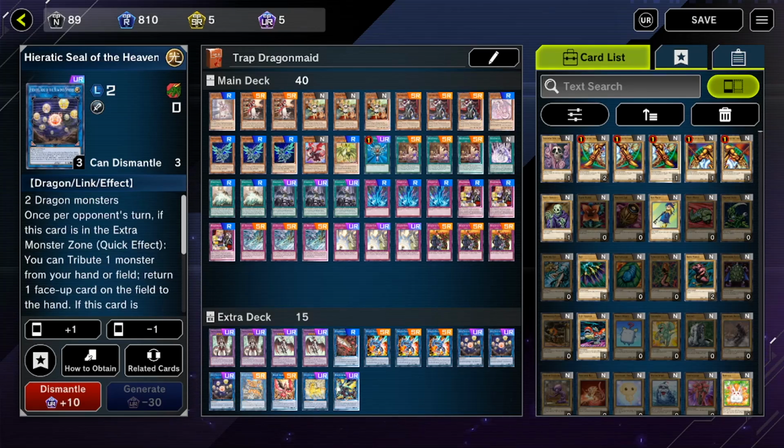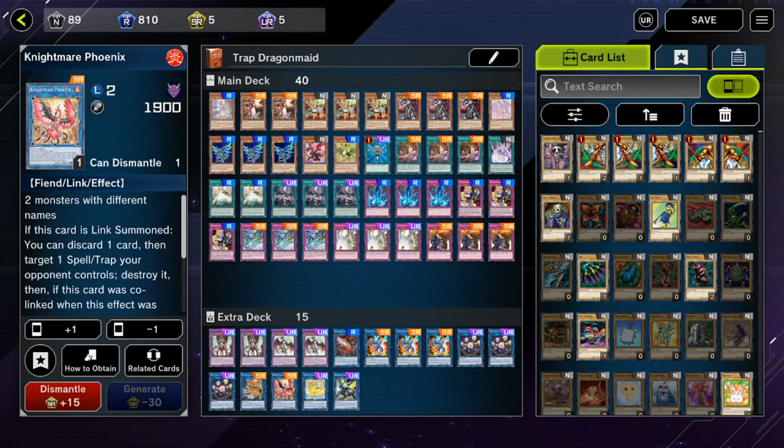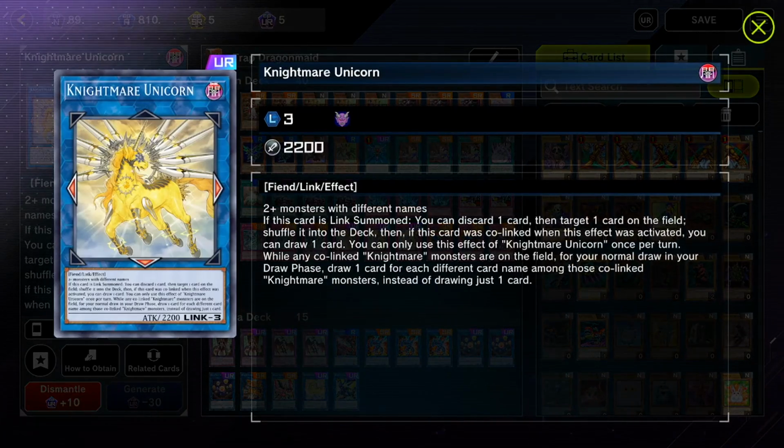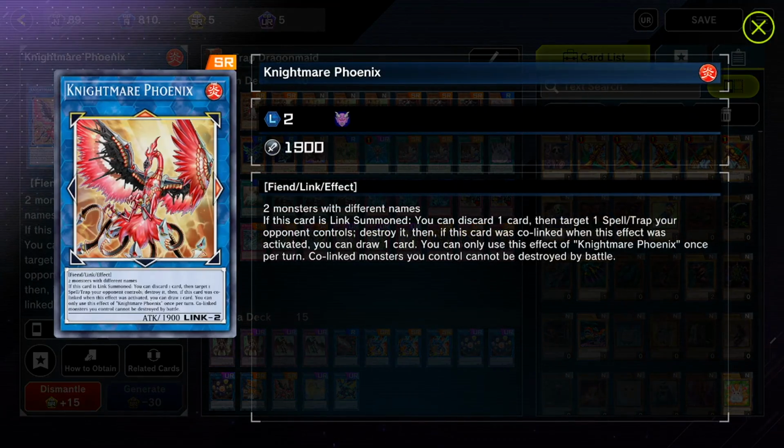I play the Nightmare package, 1 copy of Nightmare Sabrus to pop a monster, 1 copy of Nightmare Phoenix to pop a spell trap, and 1 copy of Nightmare Unicorn to shuffle something back into the deck. These are all really good. The only one I think is mandatory though to play is Nightmare Phoenix, and the reason for that is because